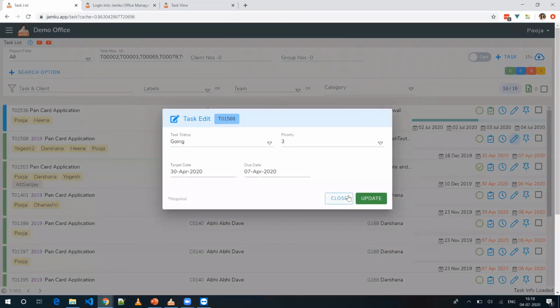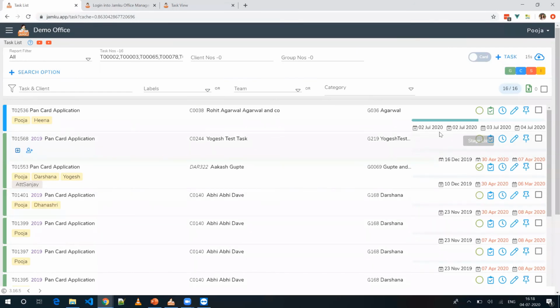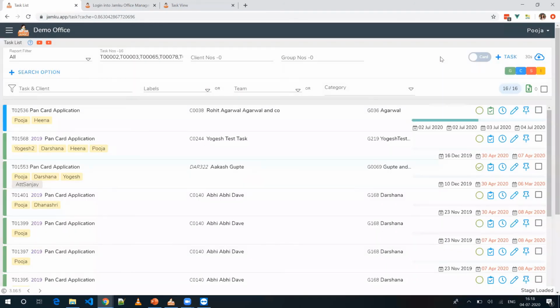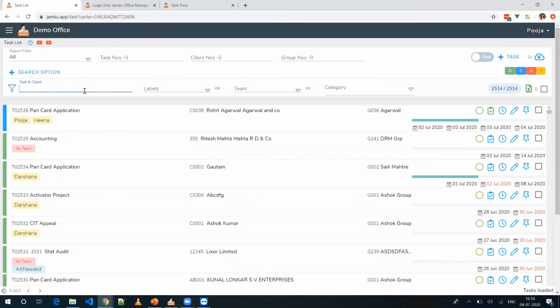And the third thing over here is the stages. If stages are there in that task, I'll just select them. Like whenever any stage is completed, I'll just select those options, like mark the stage as completed from here basically. So this was all about your task list page. Now we will take one of the tasks from here, and by going into that task, we'll consider what all details we can view about that task.